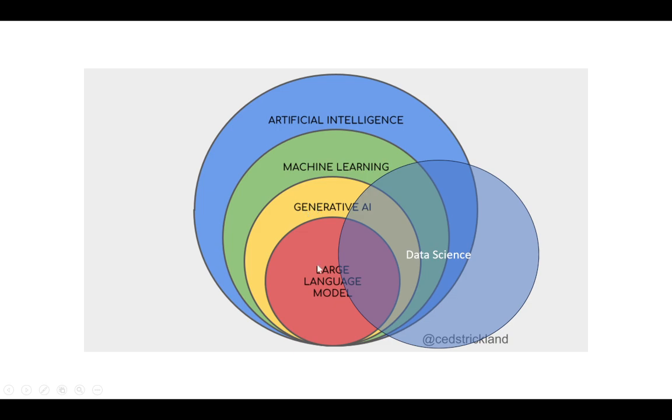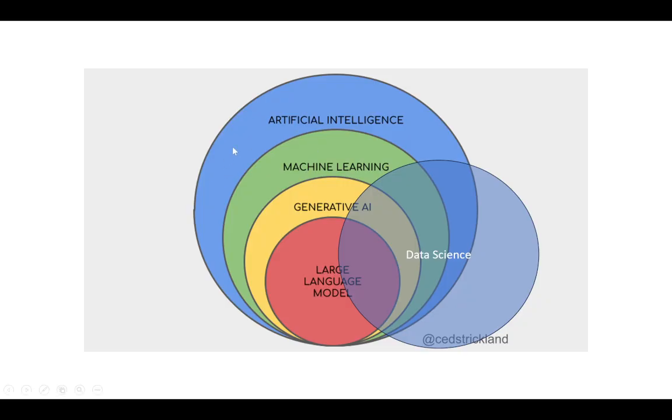LLMs are typically for text, which was the majority that started with ChatGPT. But then there is also imaging, audio, and video. And this gap is growing as more is happening in generative AI beyond LLMs. So that is a little bit of background on where we are and what we'll talk about in this particular series of videos on artificial intelligence.